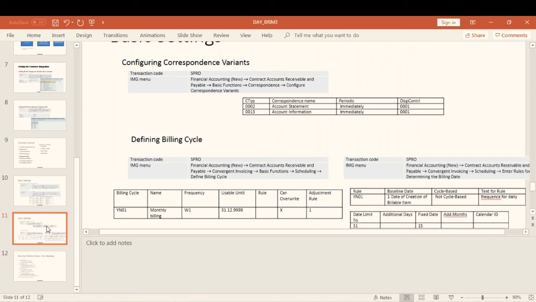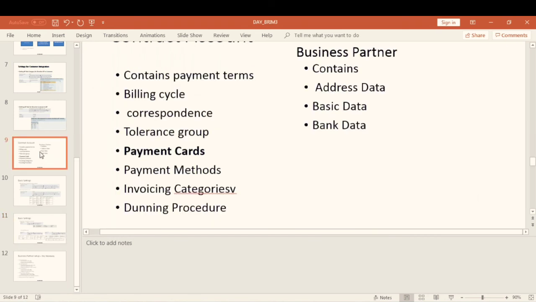That's it for today's session. Once we get the system access, server access, then we can see all these things in ECC in our system. I have told you these, but I have not explained these things.